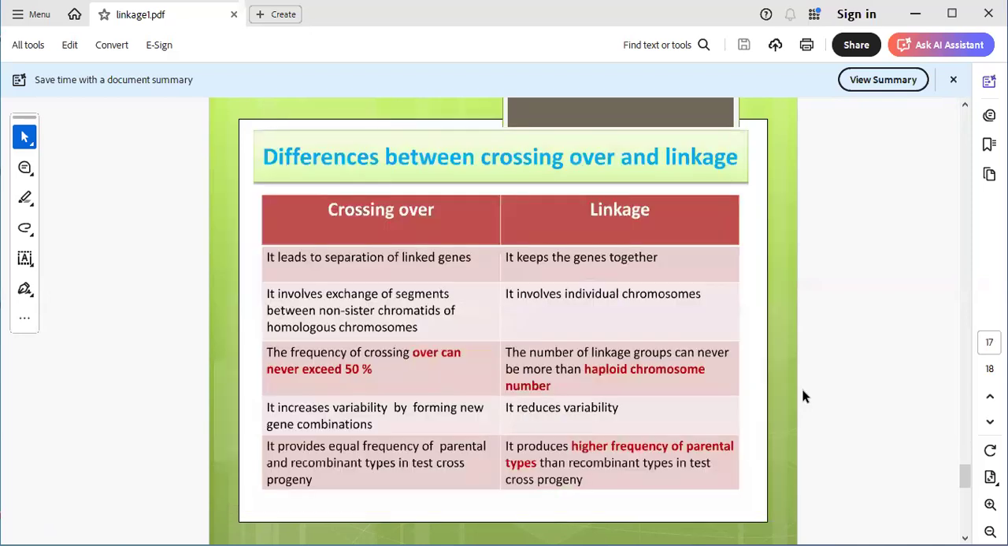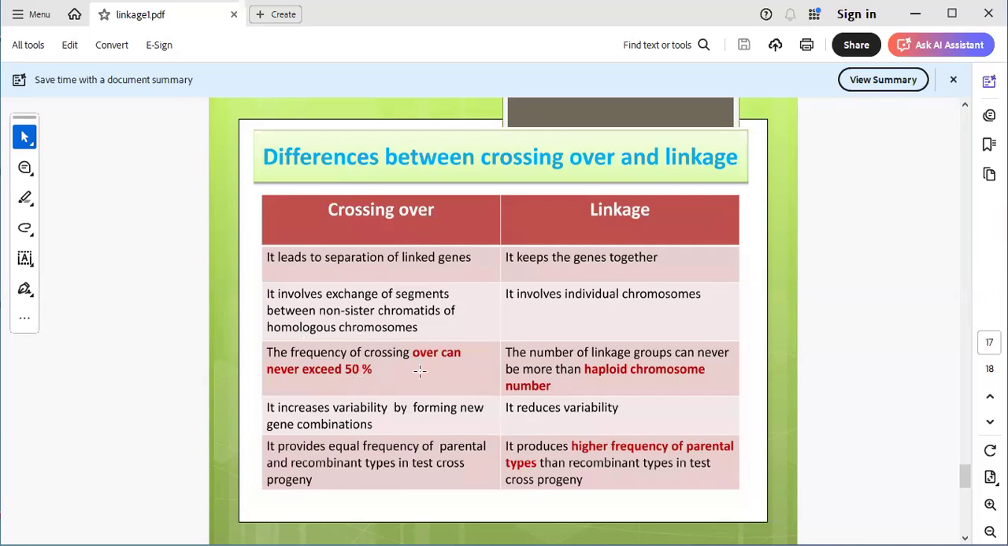So what is the difference between crossing over and linkage? Crossing over leads to separation of linkage. Crossing over always tries to break linked genes. Linkage tries to keep the parental genes as they are. It keeps the genes together as usual. So crossing over involves the exchange of segments between the non-sister chromatids of homologous chromosomes. Linkage involves individual chromosomes. The frequency of crossing over can never exceed